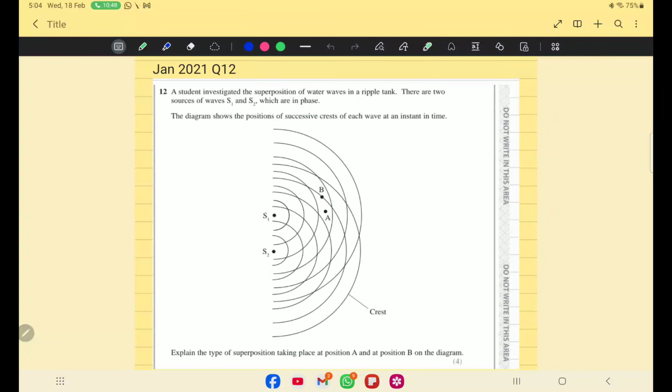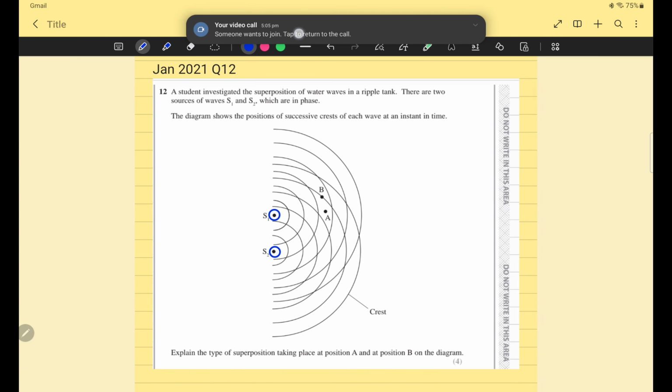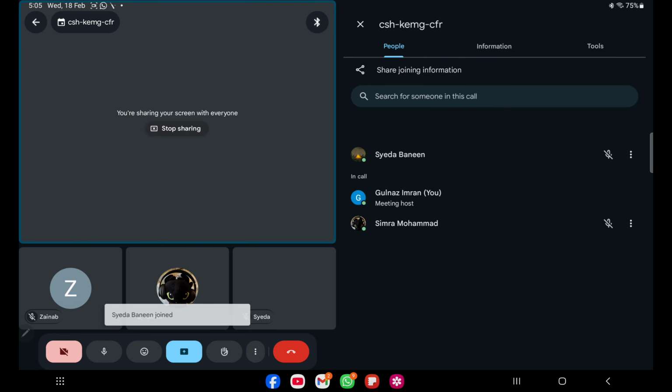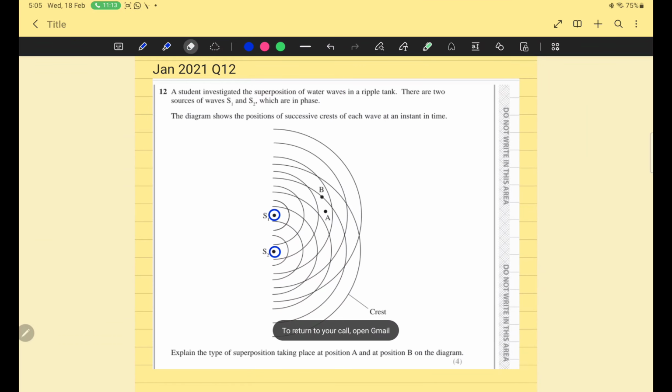18 February 2026, first class on interference. In this class, we are solving a past paper question. Theory we completed yesterday. The question is, sir, this is source number one and this is source number two. These are two sources, and consider these two sources are producing water waves. These are water waves in a ripple tank. Okay. And the question is,